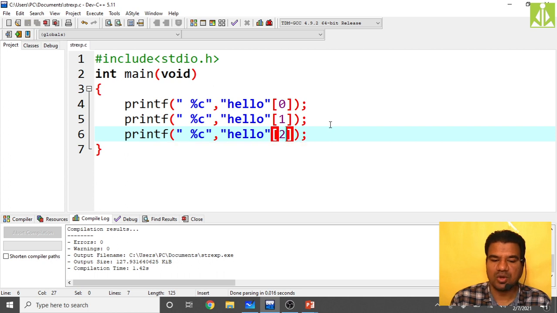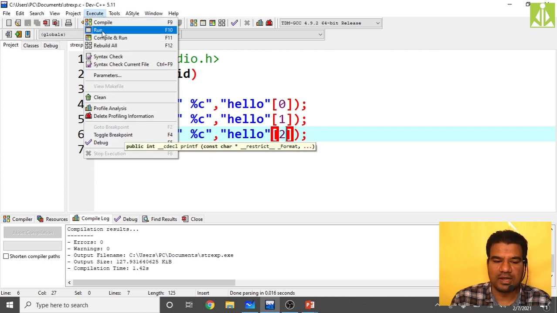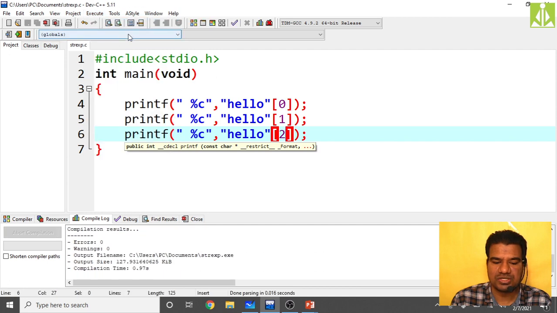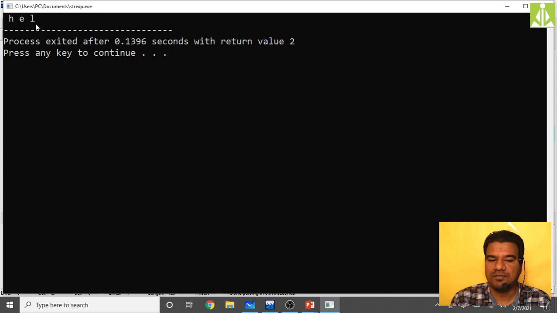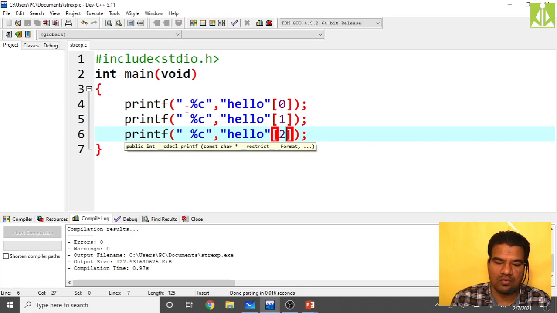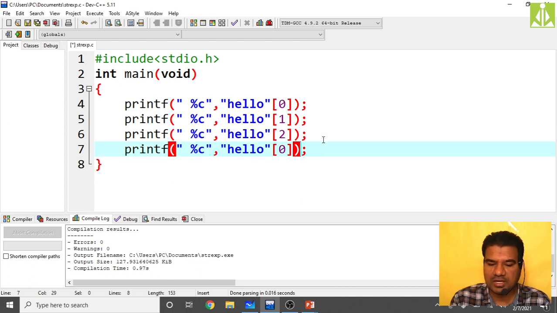So far you see what you got on your output screen: HEL. Compile, compilation successful. Then run and see HEL with spaces, because we have given spaces over here.